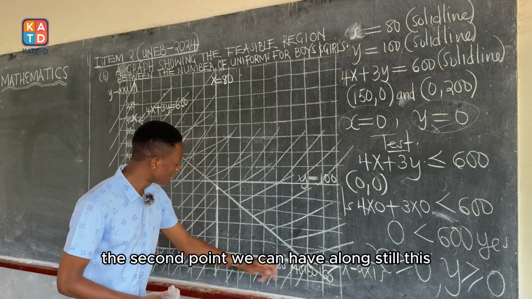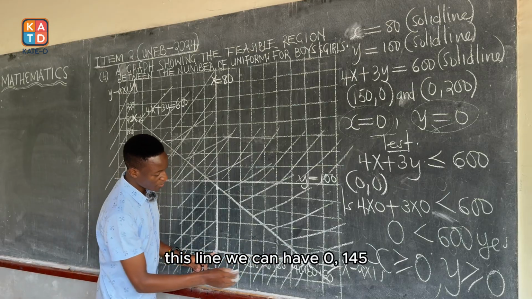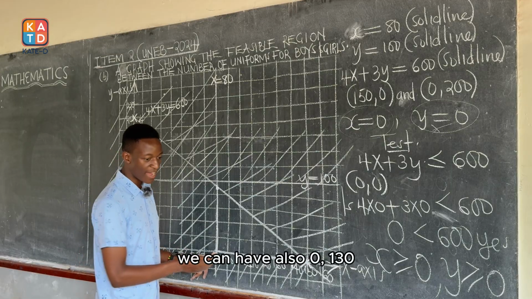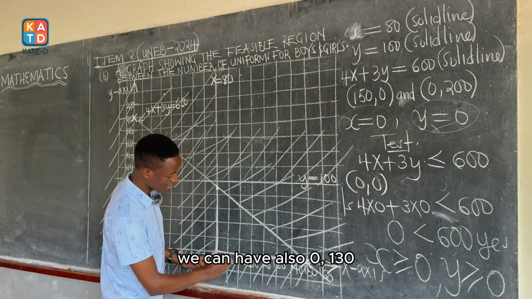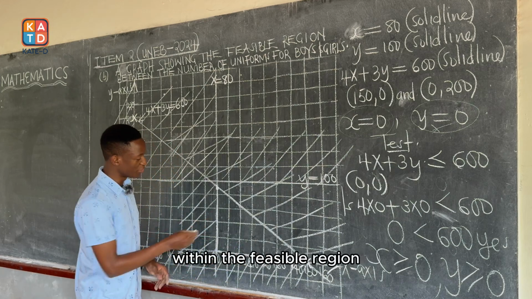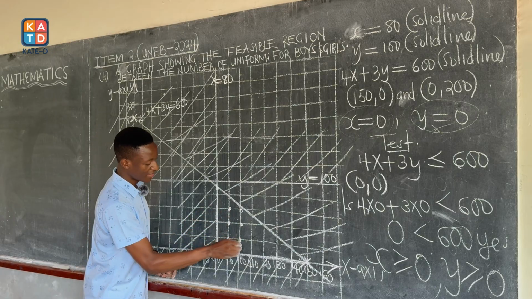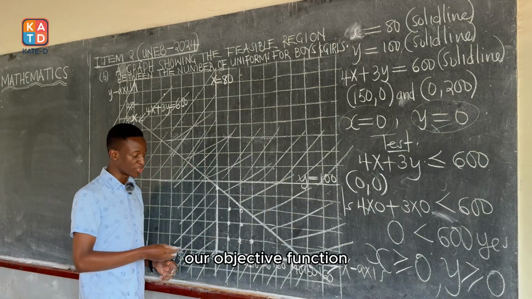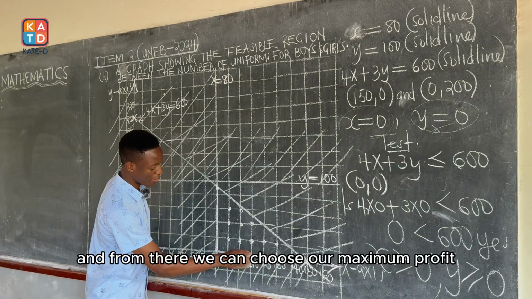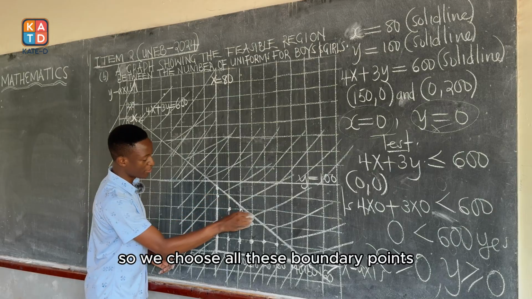The second point, we can have, along still this line, 0, 145. We can have also 0, 130. So we choose points along that within the feasible region. So we can have all these points chosen. Then test it in our objective function to see which profit they give us, and from there we can choose our maximum profit. So we choose all these boundary points,